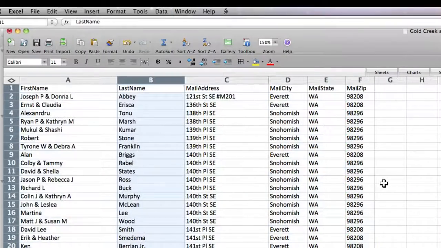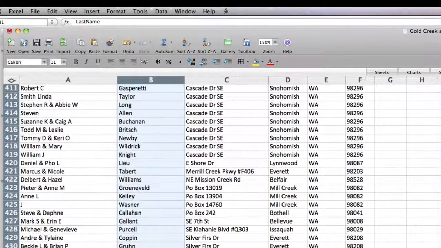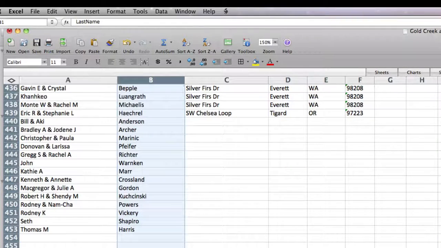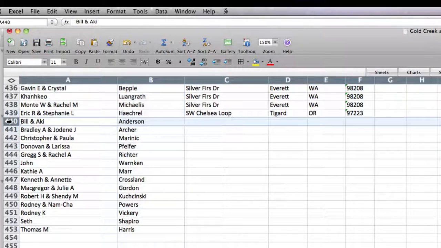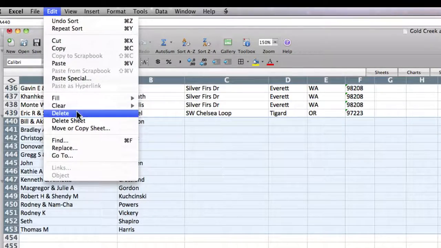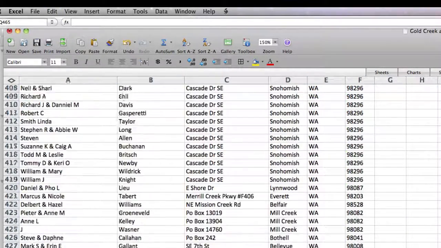mail address, hit OK. And then as I scroll down, all the ones without information in the address field show up at the bottom. So I can say, well, you know what? I could go and add people in here, or I can just delete them. And I'm going to delete them for the purpose of our records. And now I'm just going to scroll up here,